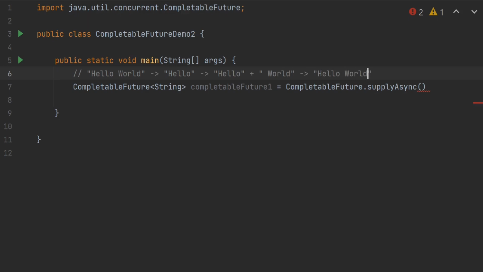This is my agenda, and I know this is not an ideal example, but it will get you enough to get started with more complex things. Here it receives a supplier, so I will just return hello,